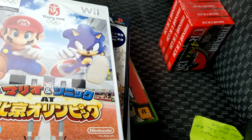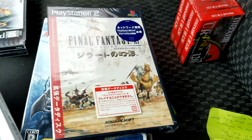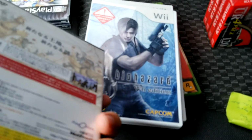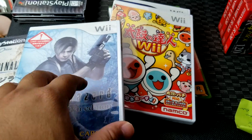It's Nintendo Wii games and some PlayStation and one 360. But the cool thing about these is they're Japanese versions, and they're in good condition, and this one is actually sealed. When it comes to games, you want to get sealed games if you want the most returns, because they'll yield you a lot of